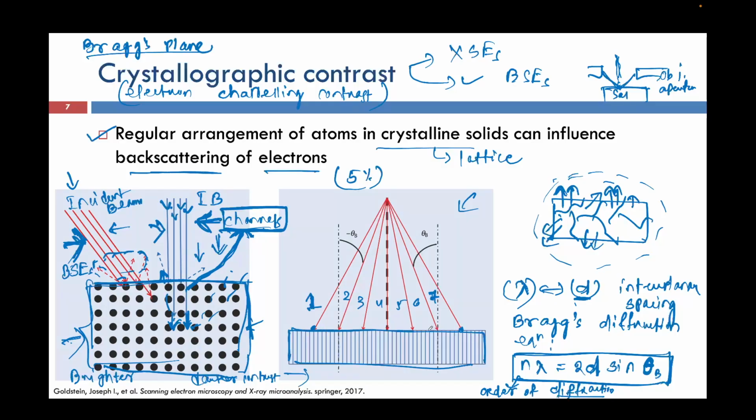Since it's a single crystal, and some of the incident beam is incident at a Bragg's angle onto this crystal, the diffraction will take place. And since the diffraction will take place, then the channeling contrast will